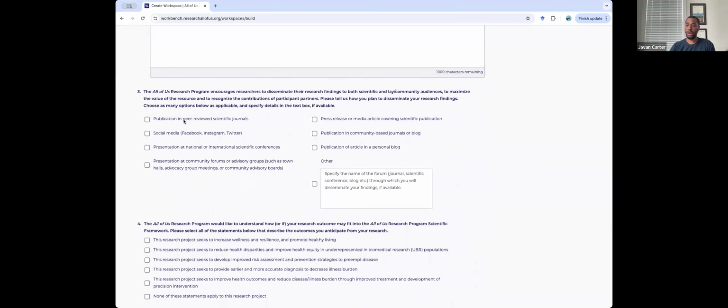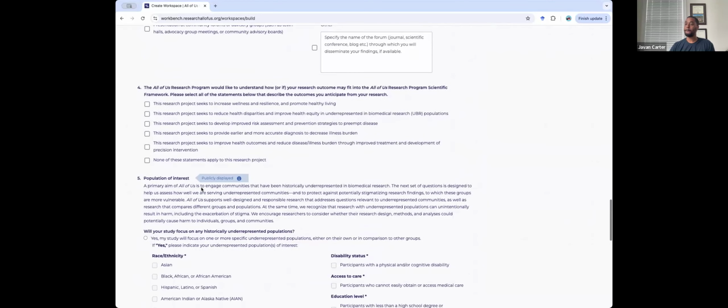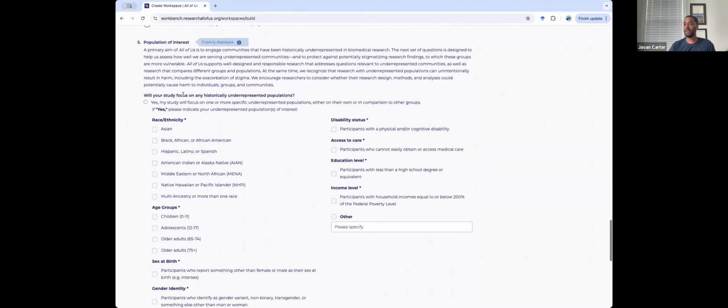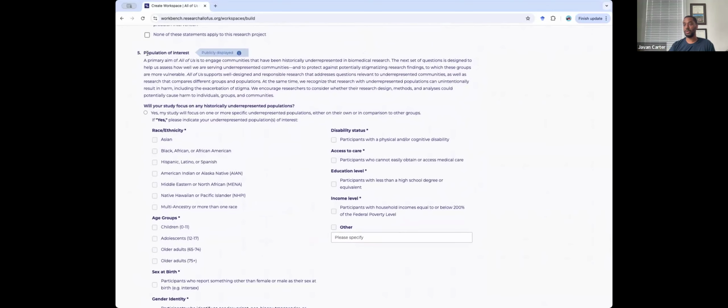Are you planning on writing peer review articles? Are you planning on writing blogs, social media? And then from there, it goes into a little bit more detail about understanding your research outcomes and how it's going to fit into the All of Us framework or the All of Us mission statement. And then last but not least, but probably the most important thing, is going to be the